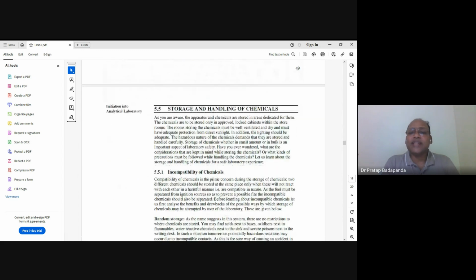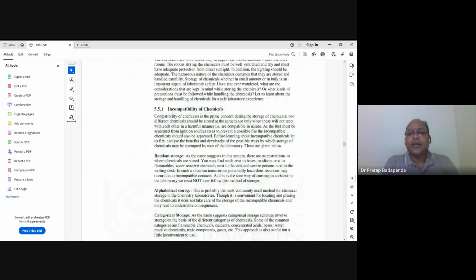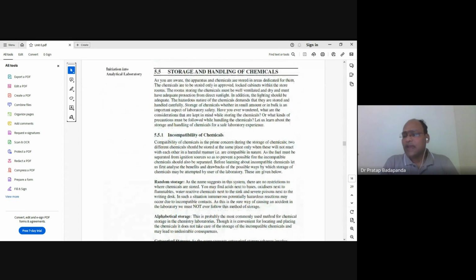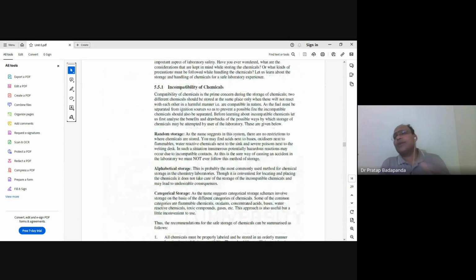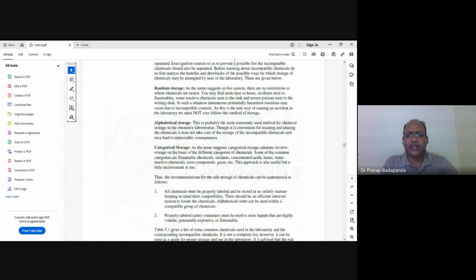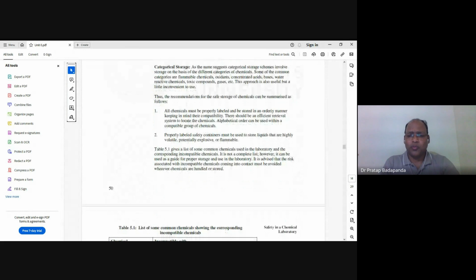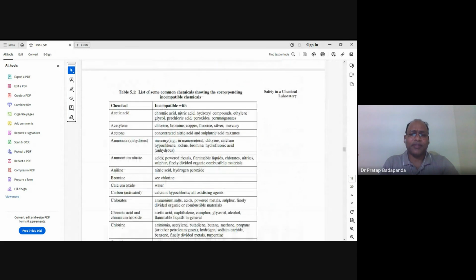Next, storage and handling of chemicals. Storage and handling, I told you several times, like the sodium I told you is kept inside the kerosene. So, the incompatibility of chemicals. Random storage, alphabetical storage, categorical storage. So what type of storage procedure you will see, that is